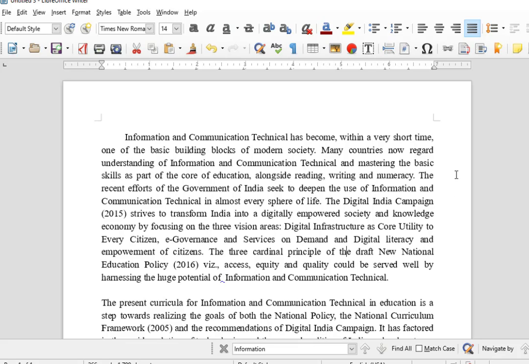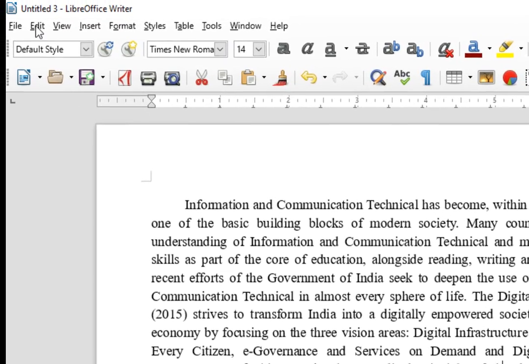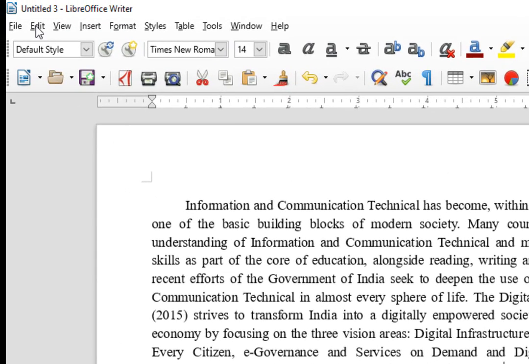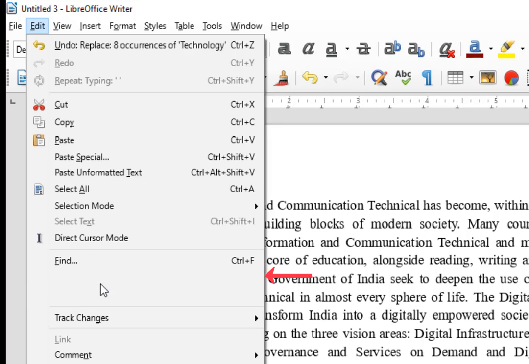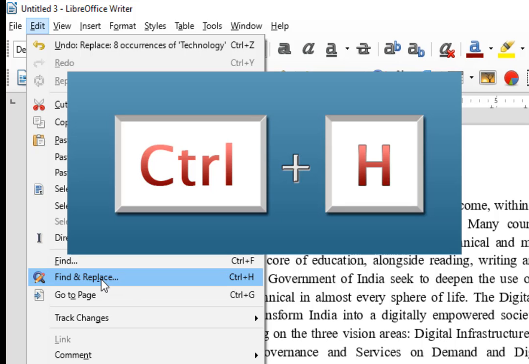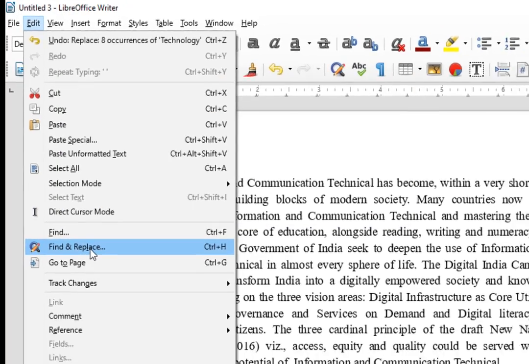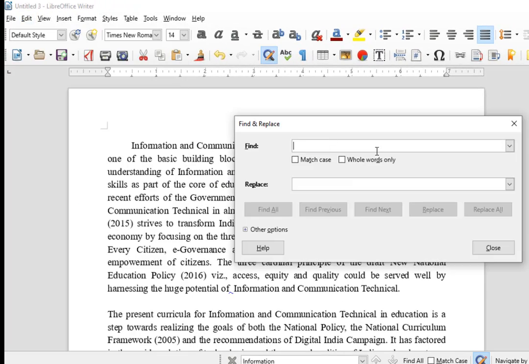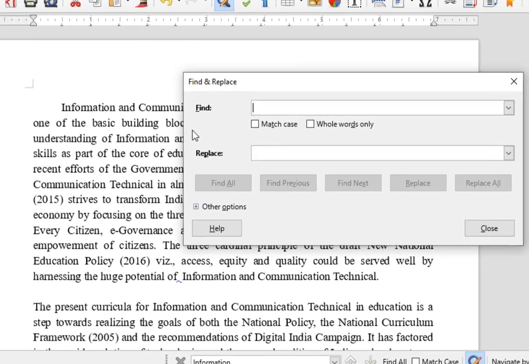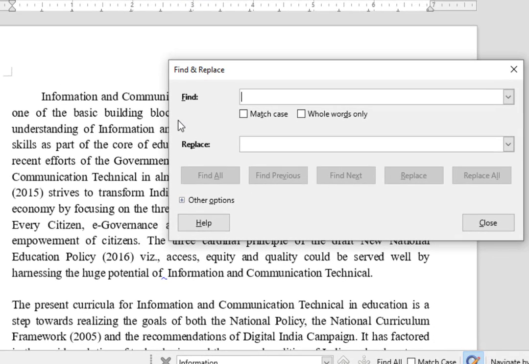Now let's see how to find and replace a word. Go to Edit tab in the menu bar and click on Find and Replace, or shortcut keys Ctrl plus H can be used to perform this action. This window appears. Type in the word you wish to find and also the word you wish to replace it